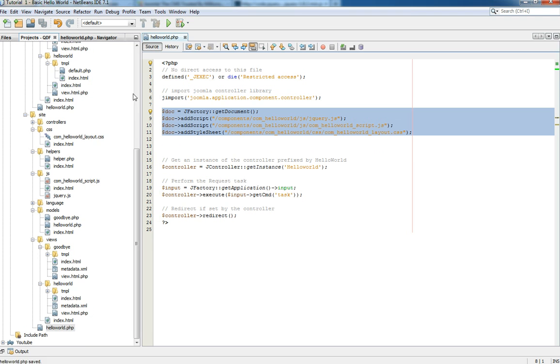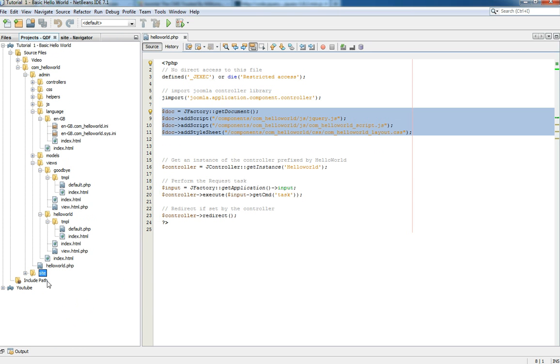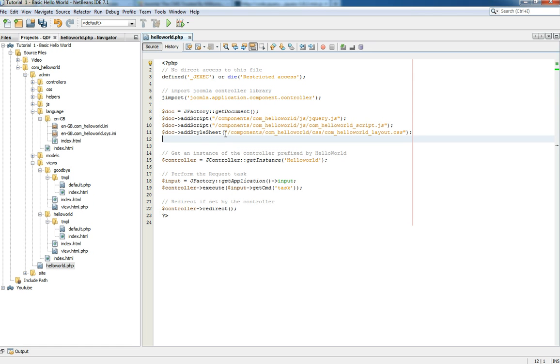We're going to copy this, come up to the administration folder. Let's close this site one down so we don't get confused. Open this one up, close the other one. So now we've got the administration one. Okay, we're going to come in here and just chuck that in there. Okay, now